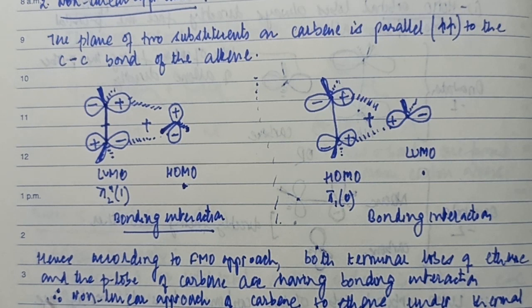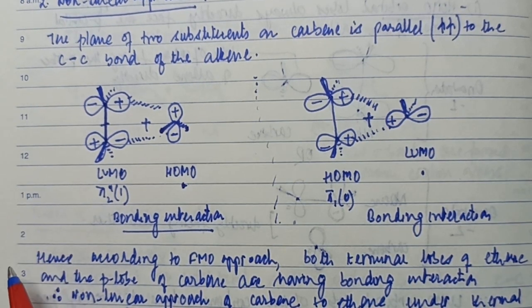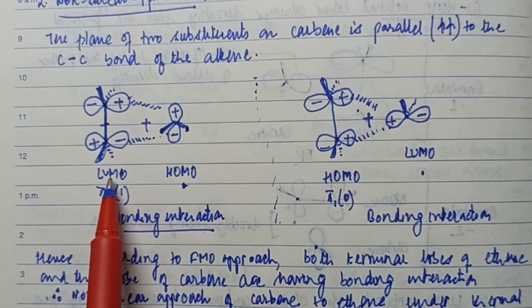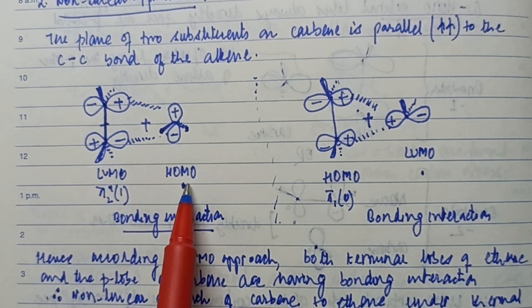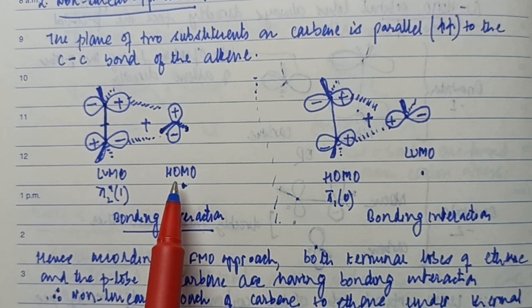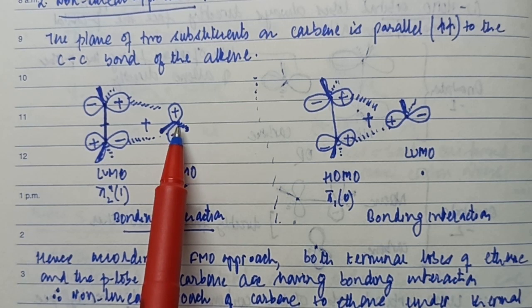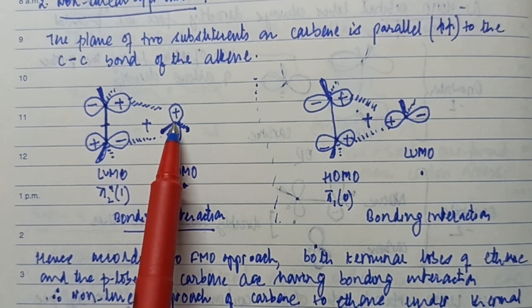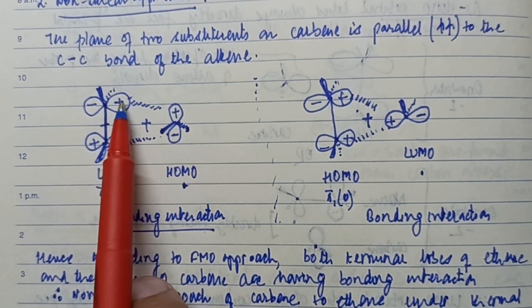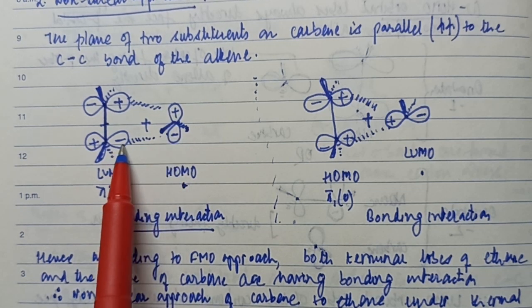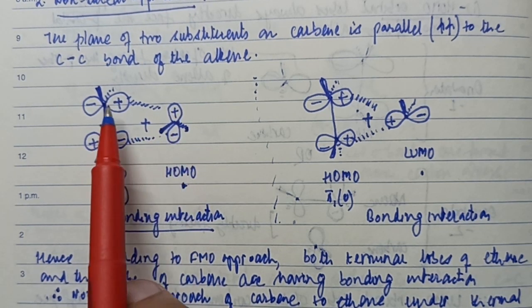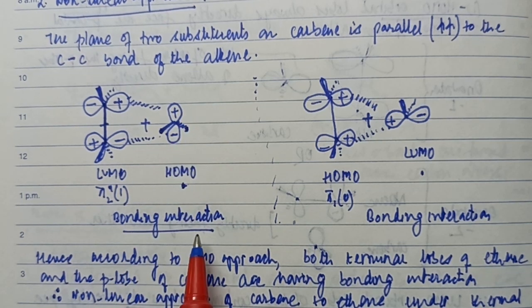Now, as you can see, while considering the FMO approach in understanding this reaction, if I am drawing, let's say, the LUMO for the alkene, of course I am drawing the HOMO for the carbene, and we know the cheletropic reactions are ones in which two single bonds or sigma bonds are formed onto the same carbon atom, that is the carbene carbon. Therefore, if I study the orientation here, this is a bonding interaction, this one is a bonding interaction. Therefore, both sigma bonds which are to be formed are showing bonding interaction, hence this process is allowed.